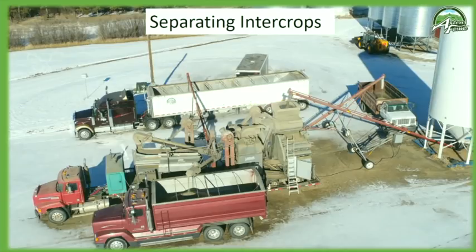So then now you have these 2 crops, and now what, right? Well, we started off with a very simple rotary screen. It wasn't a big deal. We ran a rotary screen for maybe 3 years to separate our crops. We actually still own it. We've tried a quick clean. They're okay. But we got heavy enough into this acres-wise and bushels-wise that we finally invested in this,